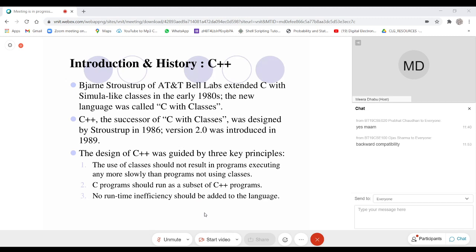But in between, we will again take one tutorial. I want feedback through the CRs also. Is there any need to schedule one more tutorial for C++? If there is, then we will take a call on this.